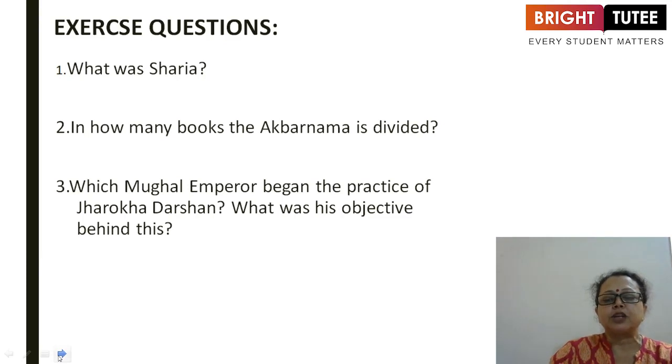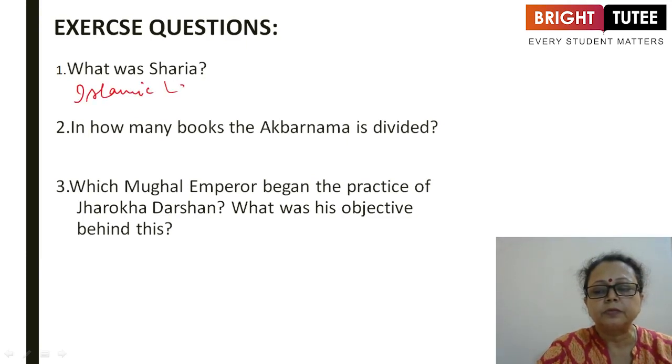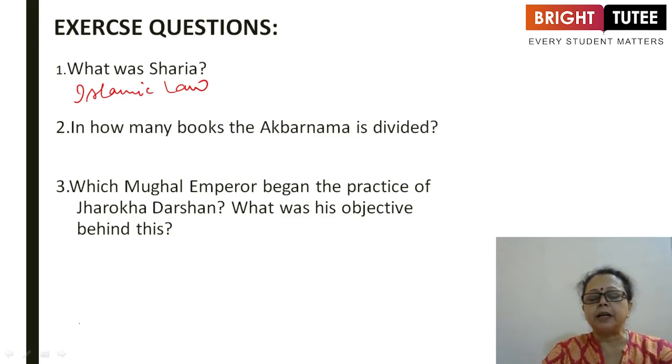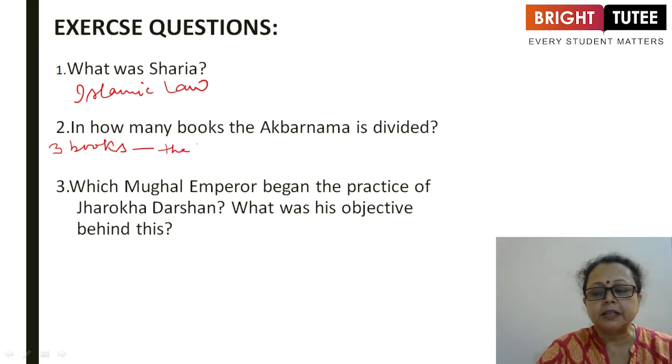Now the question comes: what was Sharia? It is Islamic law. In how many books is the Akbarnama divided? The Akbarnama is divided into 3 books. The third book is known as the